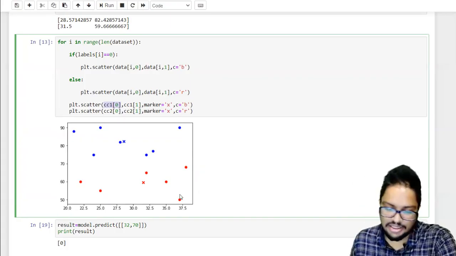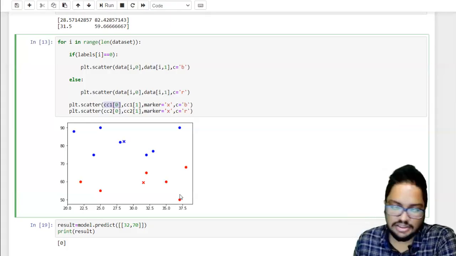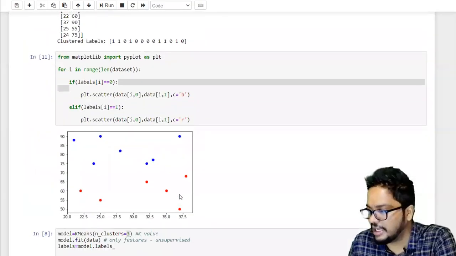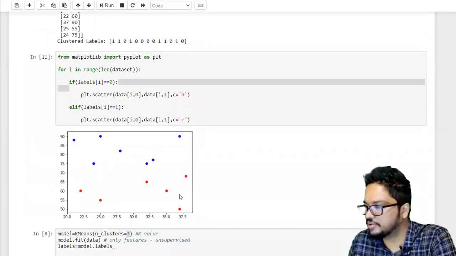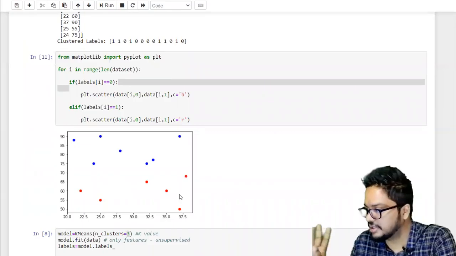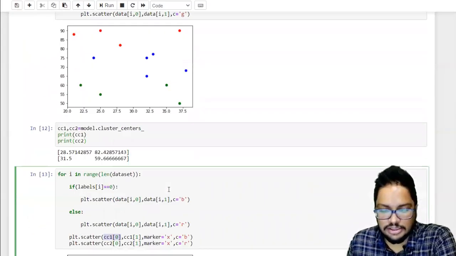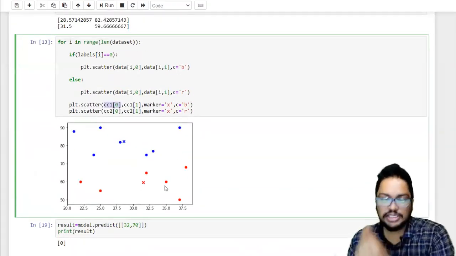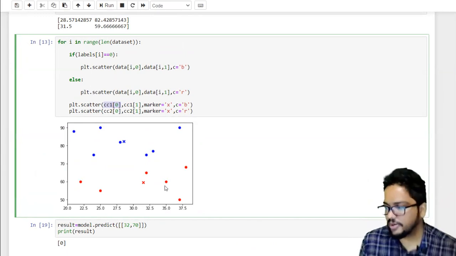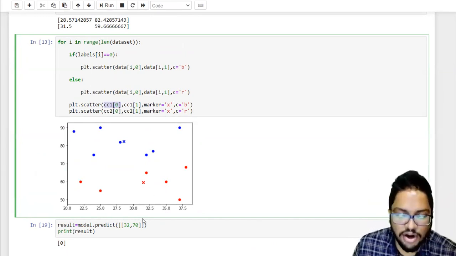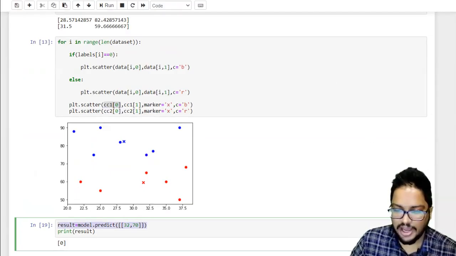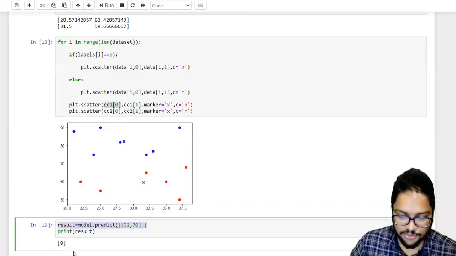What happens is that the unlabeled data set will be labeled, right? For example, this was the data set and we applied k-means and this is what we got. So now these are labeled into 2 labels, right? Thereafter, we can now use it as a supervised learning problem. That means we can use model.predict. For example, if you apply an unknown data point to this, it can give predictions. For example, 32,